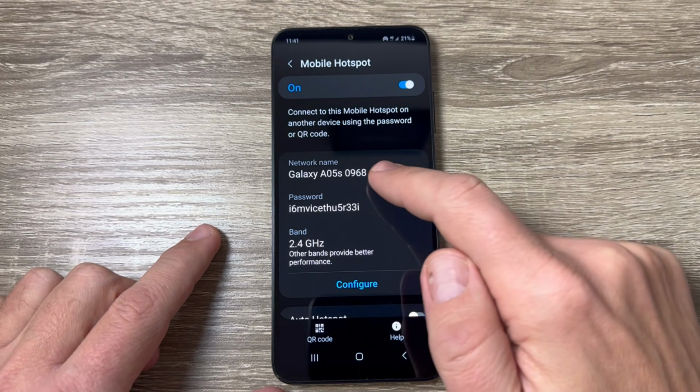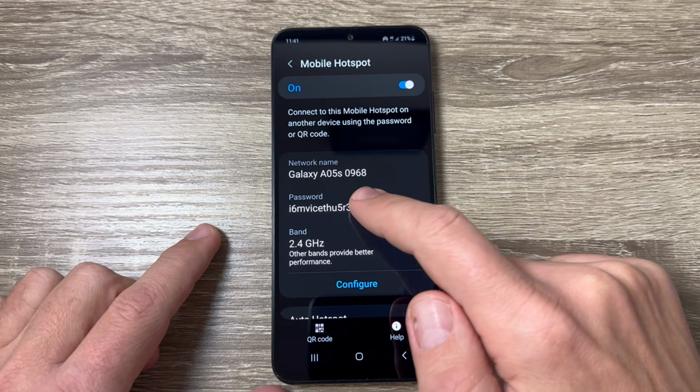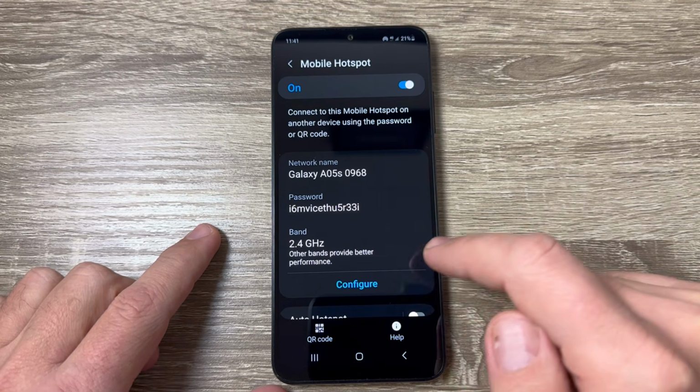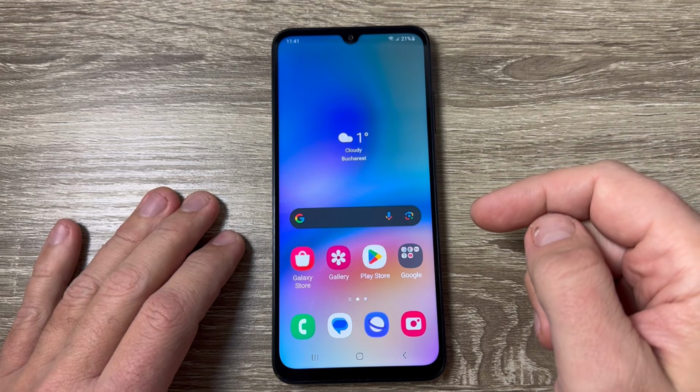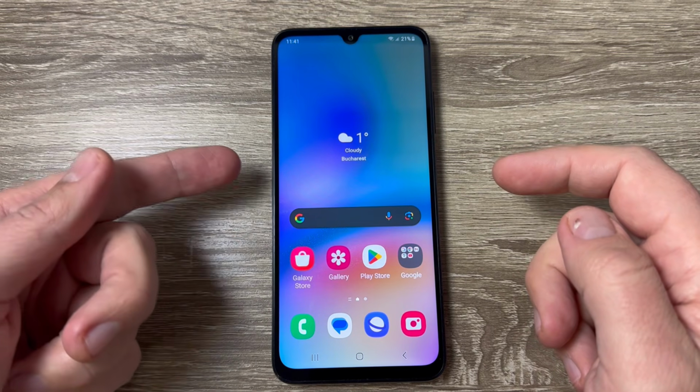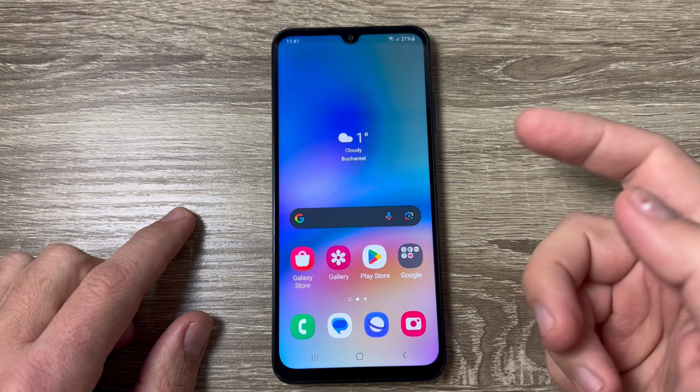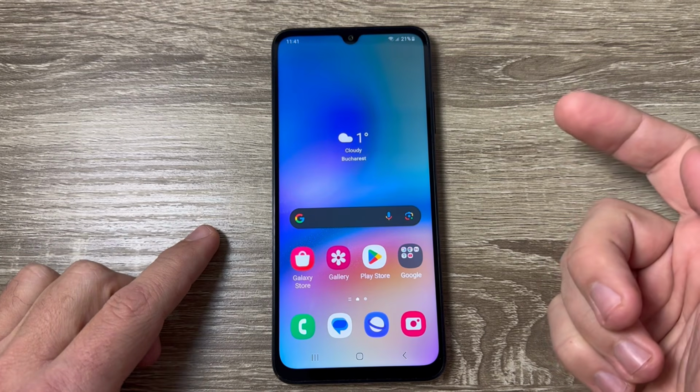In this video I will show you how to enable mobile hotspot on Samsung Galaxy A05s. So here is my phone. First you need to have a SIM card inside your phone, and then to enable mobile hotspot we have two